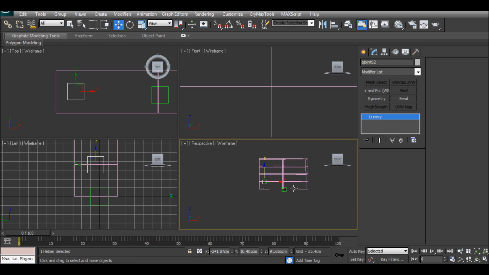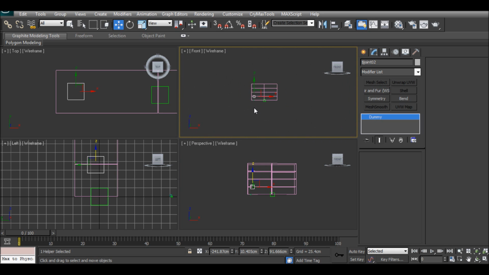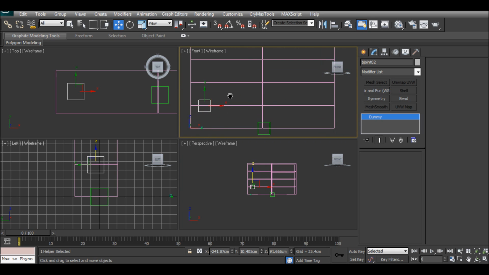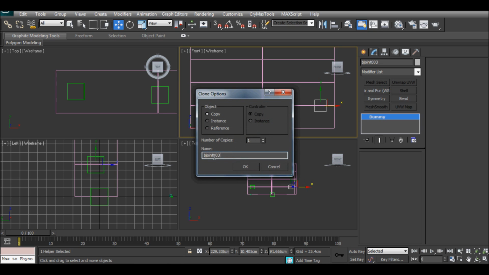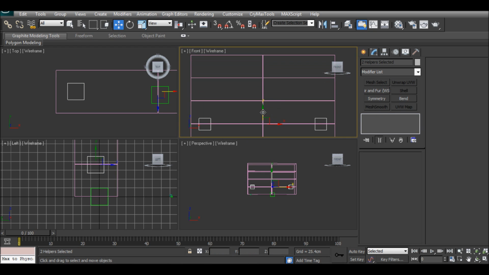Sorry, this needs to be there, and let's go in the front view, press G, there we go, and then we're going to just hold shift, and just put the other one in a similar position, and then there. Okay, and now select both,